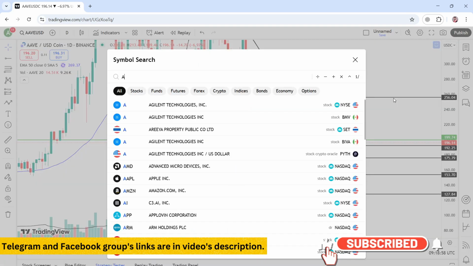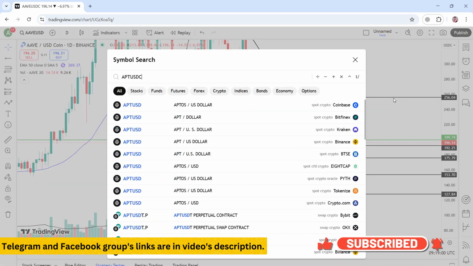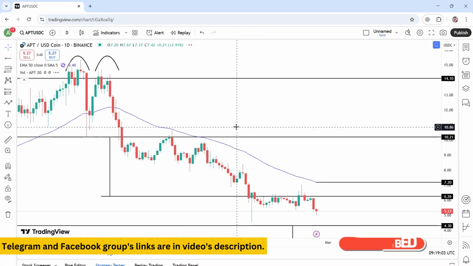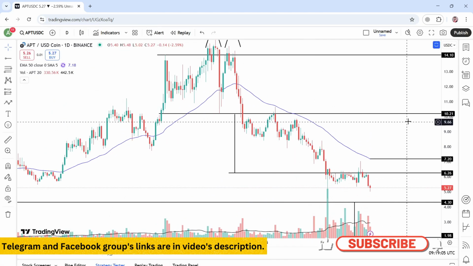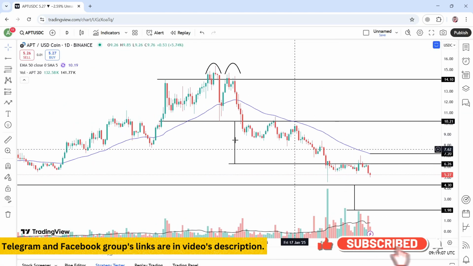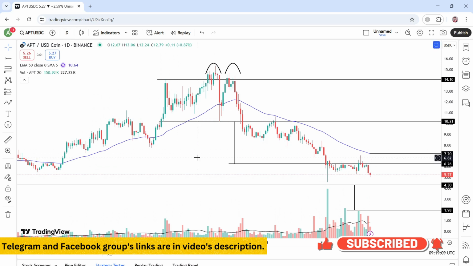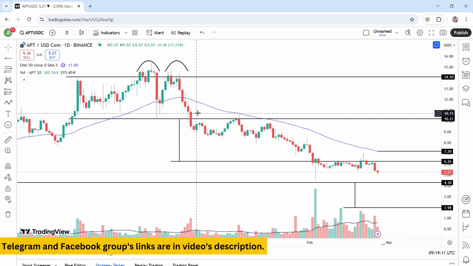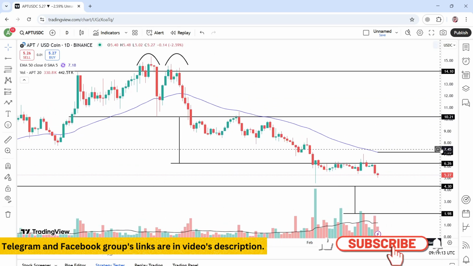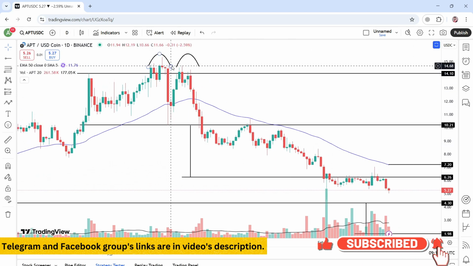The next coin is APT. If we look at the trend of APT against the USDC on the 1 day time frame, currently it is moving in a downtrend. It started its downtrend when it gave the breakdown of this double top formation, when it gave closing below